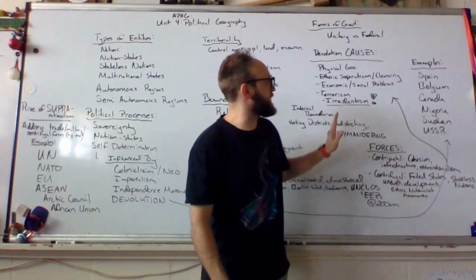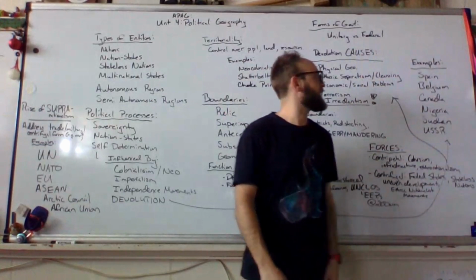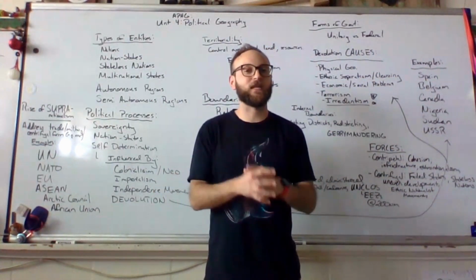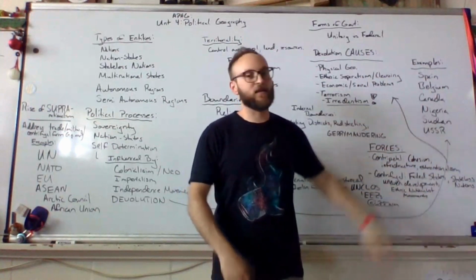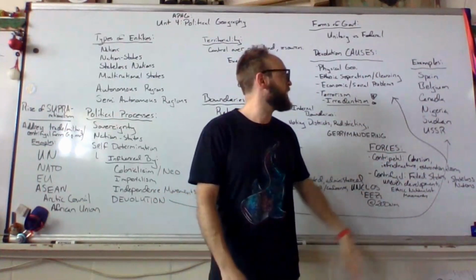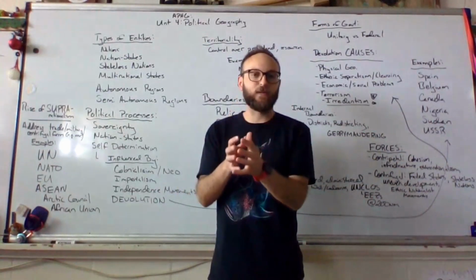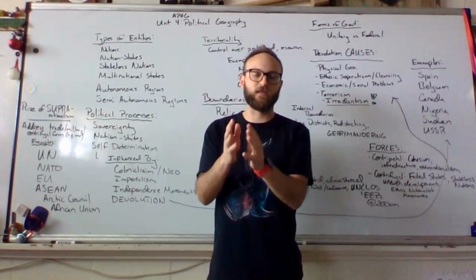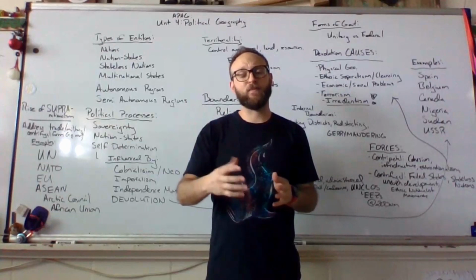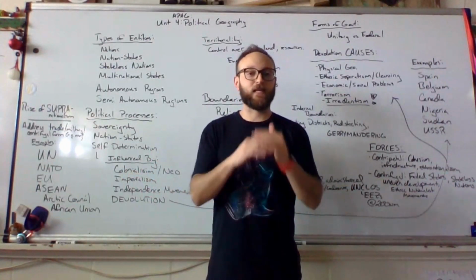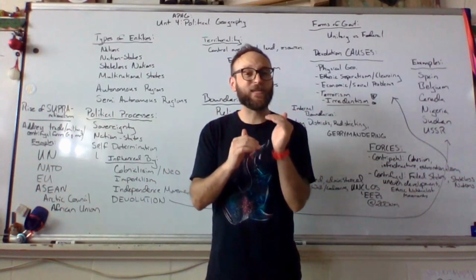Now, examples of devolution. Spain, Catalonia is pretty much a hotspot right now. Belgium, which is extremely diverse, is seeing a lot of devolution going on. Canada, the Quebecois, the Nunavut region. Nigeria, which is seeing a massive division between Christian people in the south and Sunni Muslim people in the north, best exemplified by the terrorism of Boko Haram, which is basically magnified by the split in population, basically created because